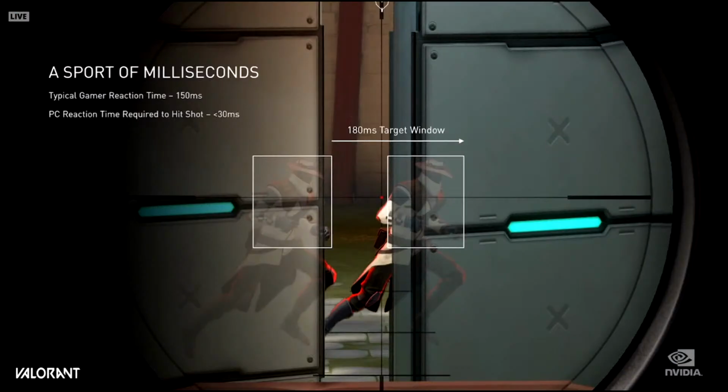75% of GeForce gamers play esports. Esports is a game of milliseconds. Reaction time is a combination of the gamer and the machine. Let me explain. This is Valorant. In this example, the opponent is traveling at 1500 pixels per second, and it's visible in this opening for only